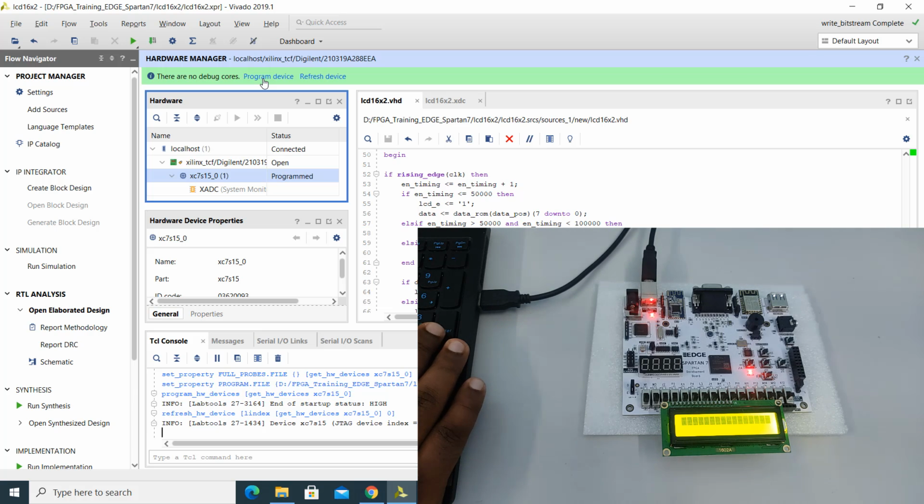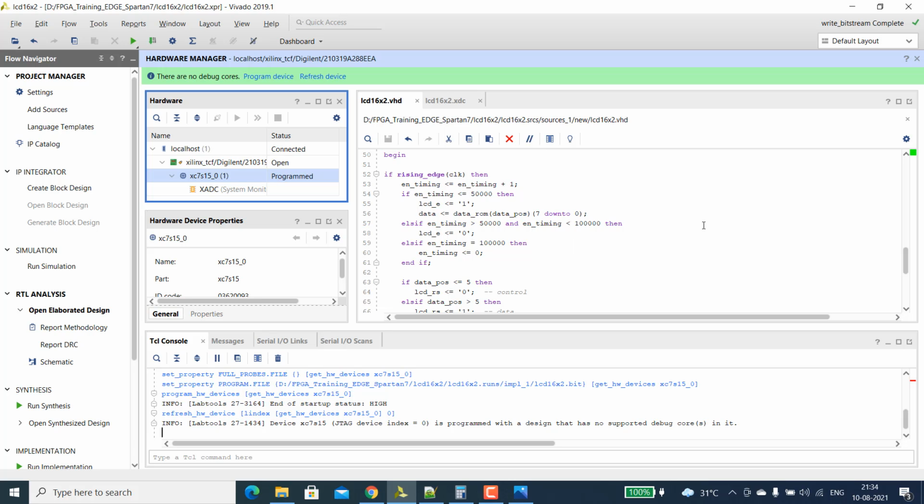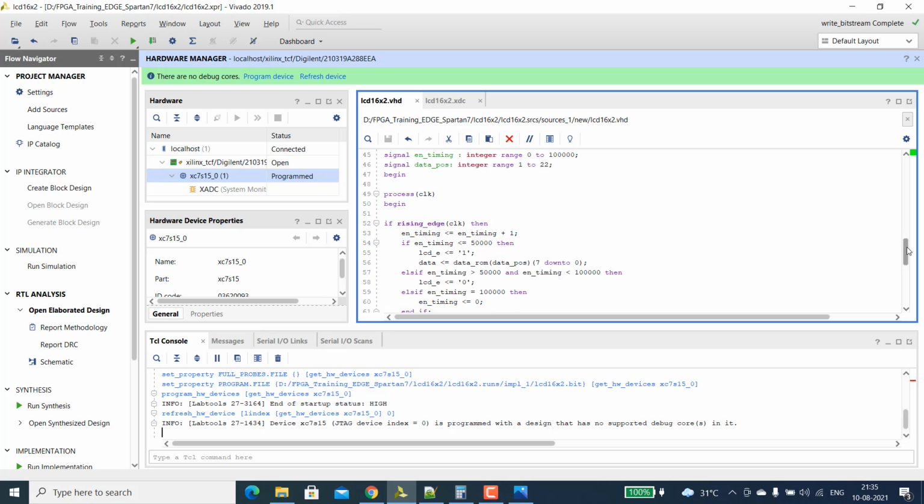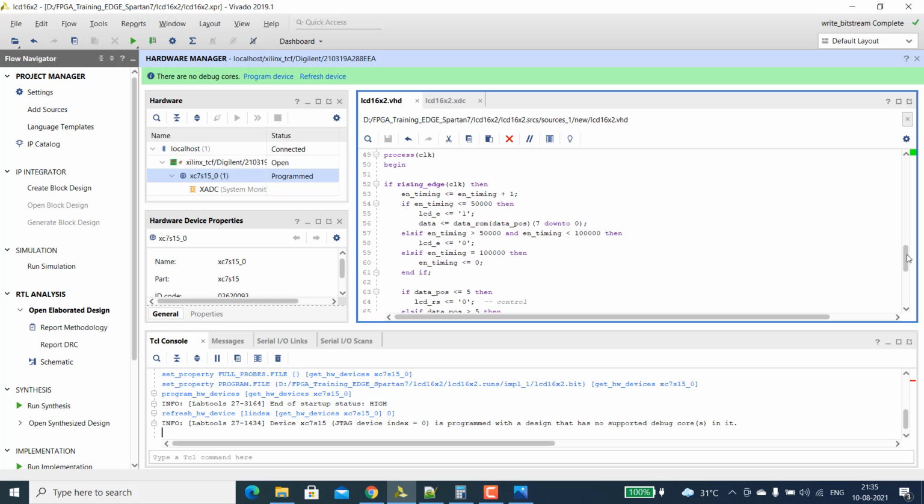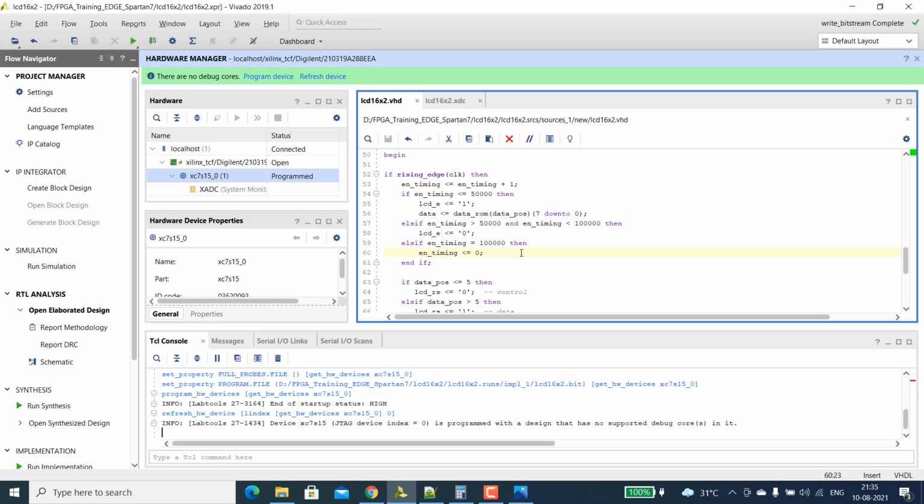No display is coming. Let's again check the code. Yeah, there is some mistake that we haven't noticed. Once it has reached this timing, after sending each data, we have to increment that data position, which we haven't done.